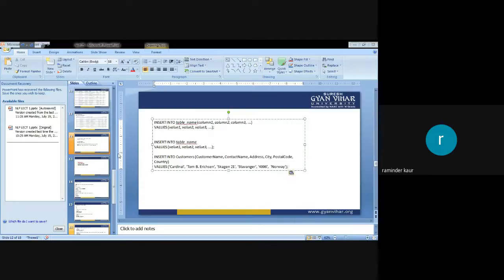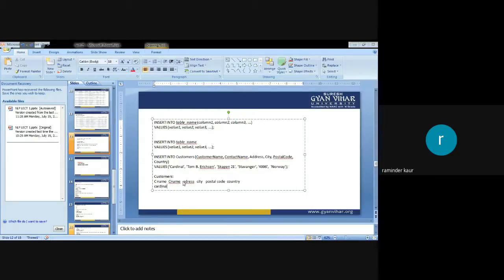So let's say we are dealing with the example here. It could have the answer like Customers, which is the table. It is having customer name, and second is contact name. Third is address. Fourth is city. Fifth is postal code. Sixth is country. Now we are supposed to put the values here.